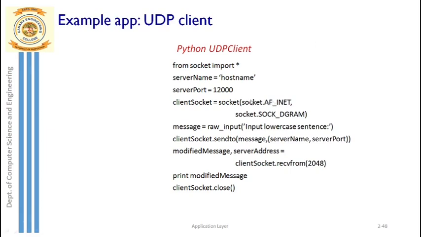Just see, this is a client side program, which you can call the UDP client, or UDP client socket programming. Socket is implemented at the client side where UDP is the protocol. Now you see the first line here. What is this first line? This indicates the package, and socket is the package which you have to import. Without this package you cannot create any socket. This package is required both at the client side as well as at the server side, and it is mainly used for creating the socket.